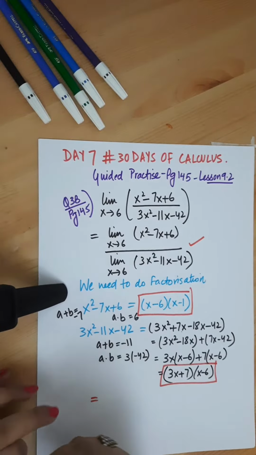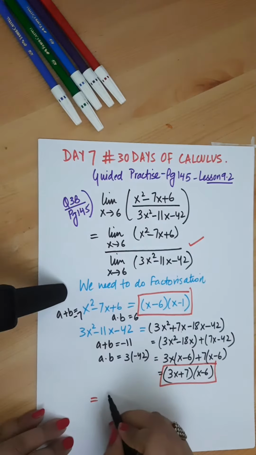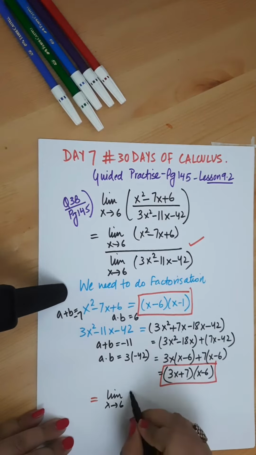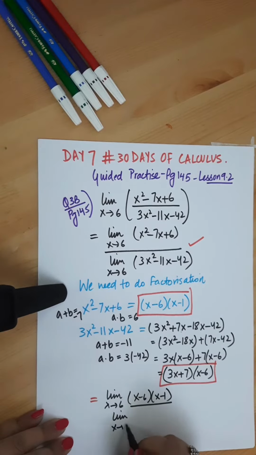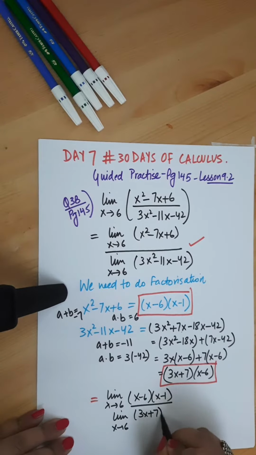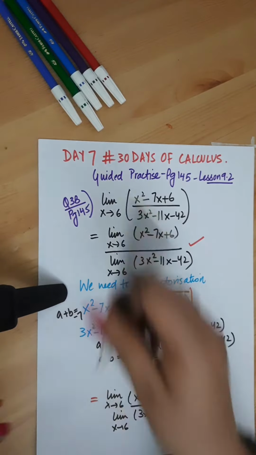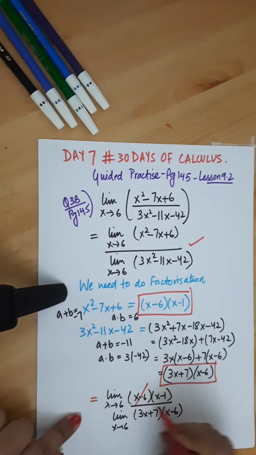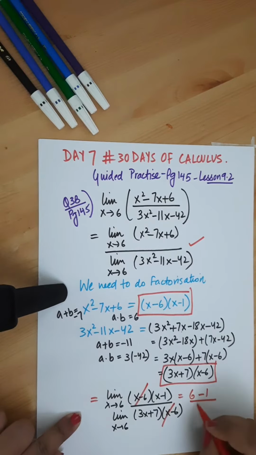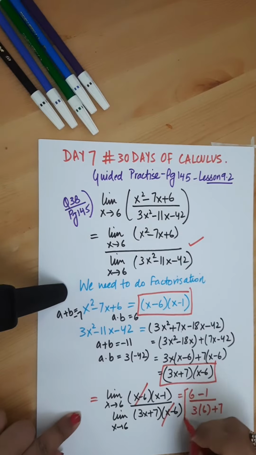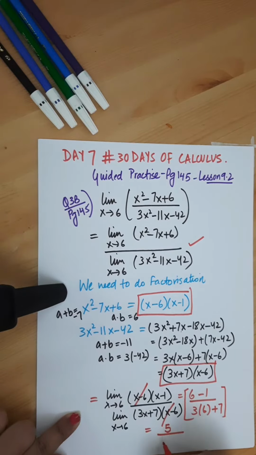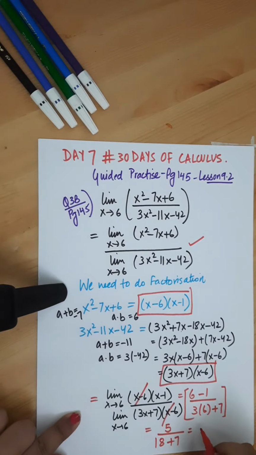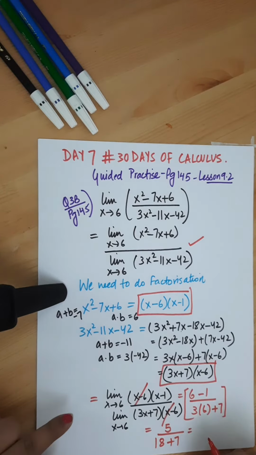Let's plug in the above equation. So the limit x approaching 6 of the numerator becomes x minus 6 multiplied with x minus 1, and for the denominator, limit x approaching 6 becomes 3x plus 7 multiplied with x minus 6. Now let's cancel the common factor. So x minus 6 gets cancelled from numerator and denominator, and now we can go for direct substitution by replacing x with the limit 6. So numerator is 5 divided by the denominator, which is 18 plus 7, which gives you the final limit as your answer, which is 5 divided by